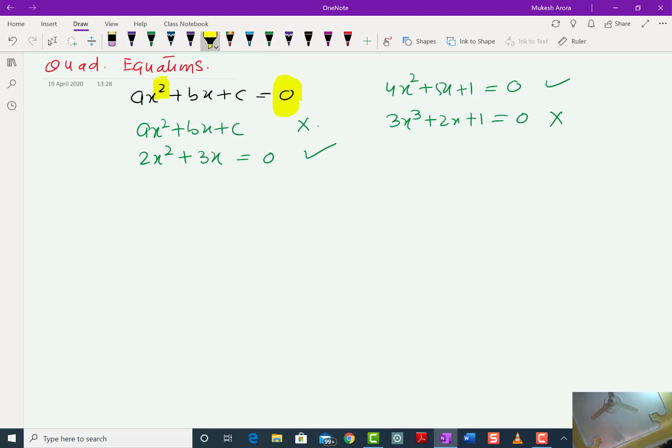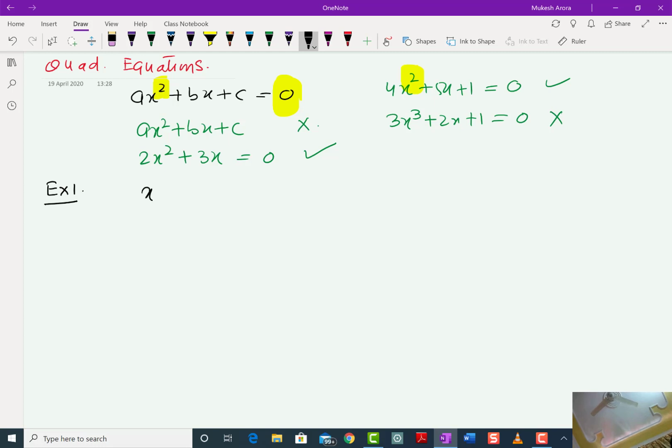As we have already done in linear equations and polynomials, we find how many zeros or roots, or values of x, we will get. When the highest power is 2, obviously we will get 2 zeros. Now let's check. Question number 1.